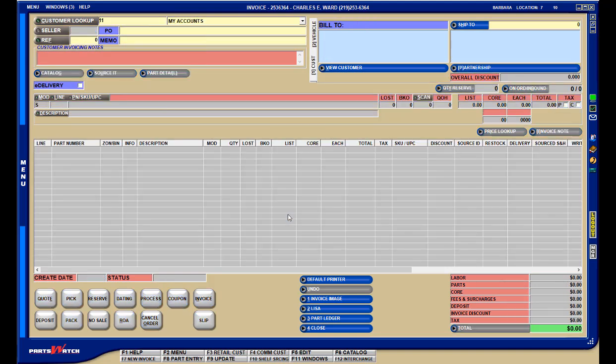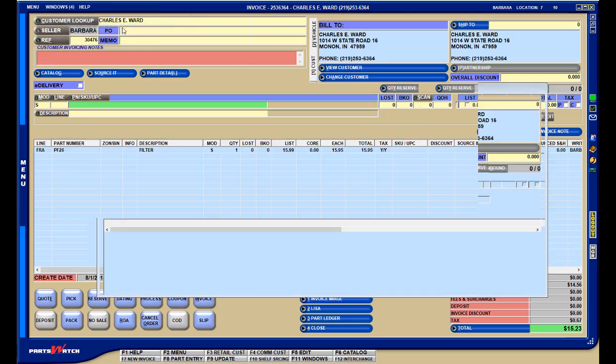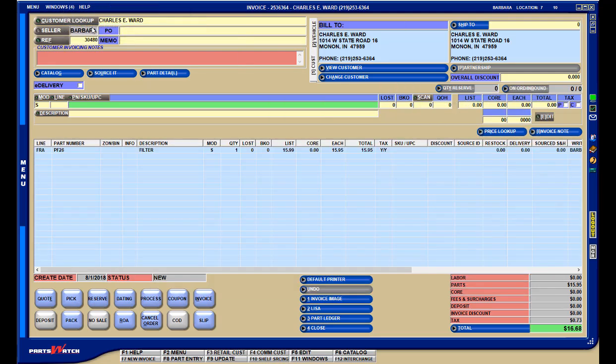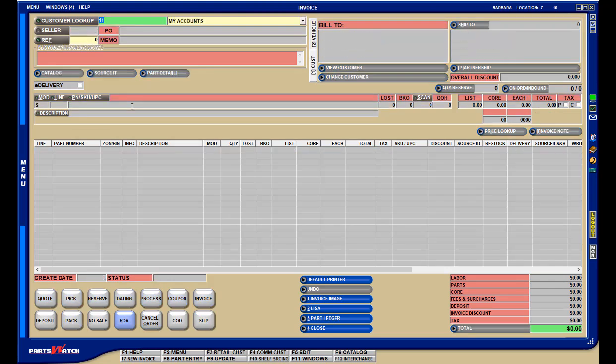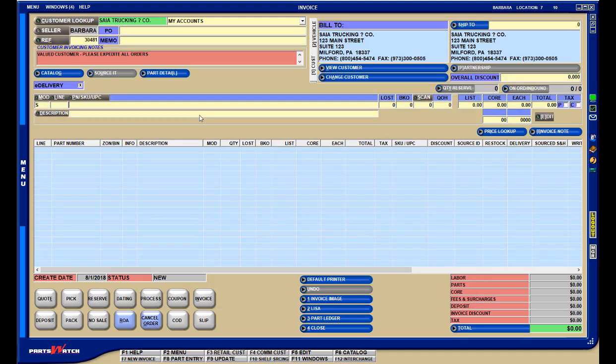So double-click a reference, and the sales order will open to use that one. And if the originating sales order has items on it, it's still available in an open window, so finish or cancel it. And the next setup also optionally opens a prompt at point of sale, but this one is for ship-to addresses. So for commercial accounts with one or more ship-to addresses, but none defined as the default ship-to, the bill-to address is loaded as the ship-to address at invoicing, which could potentially result in an unintended ship-to address for